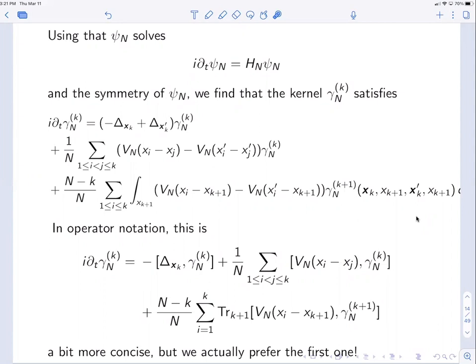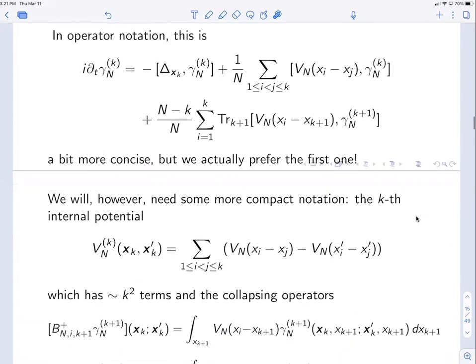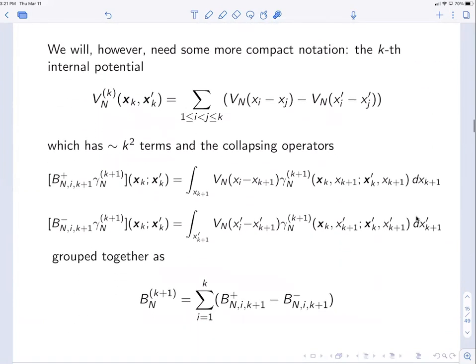And likewise, these become commutator terms, and then you can use trace notation. But we actually prefer the first one because we want to estimate, and so we want to look at it as a function of x and x prime. But if we're going to look at it as a function of x and x prime, then we need some more compact notation. So the kth internal potential we denote as Vn upper k, and that's a function of xk